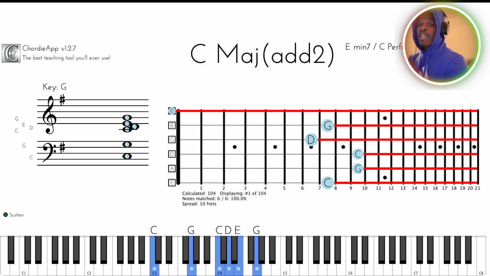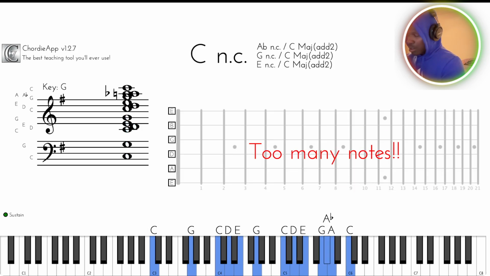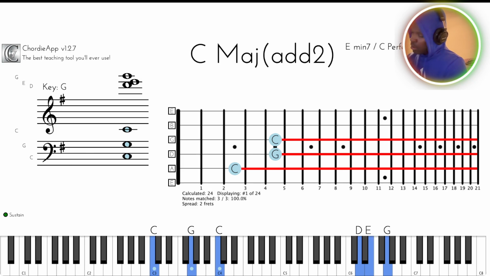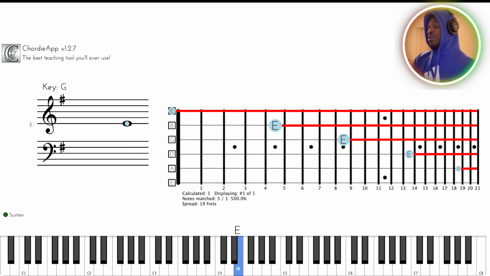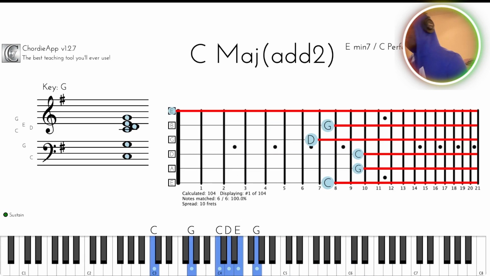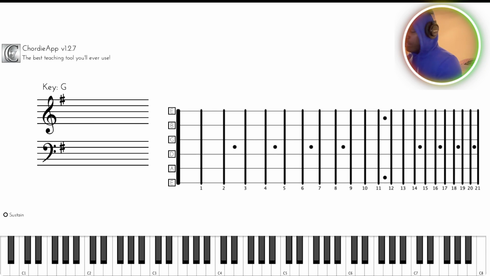That's kind of more like an ending or resolving type of thing. Or you could do that. So the first thing I like to do, like I said,